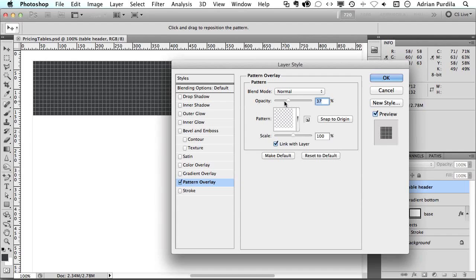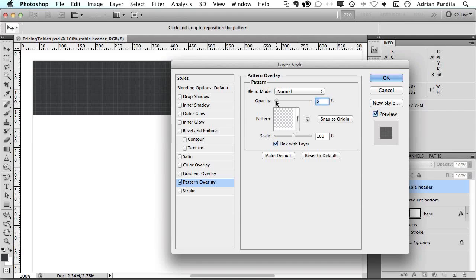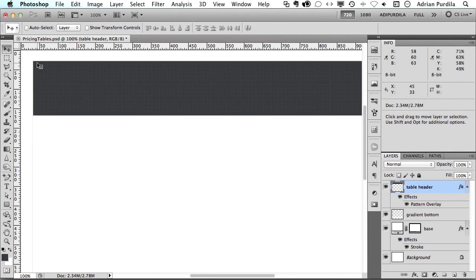So lower the opacity of this to about, I would say about 4%, 5%, something like this. See, 3%, 4%, something like this. And you can always click Snap to Origin, so the pattern would seamlessly start from the top left corner. So you get this very nice pattern. Okay, so that's done. The next step,